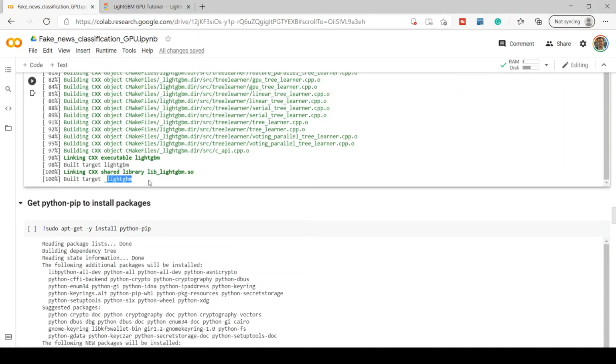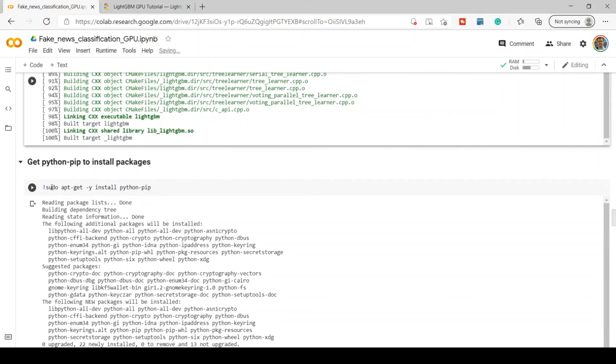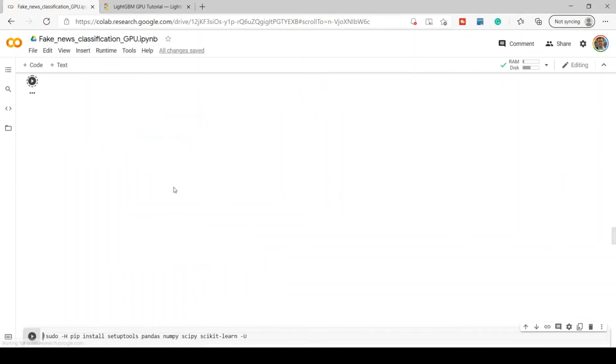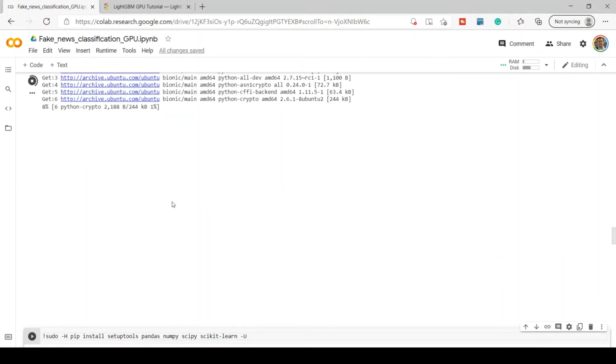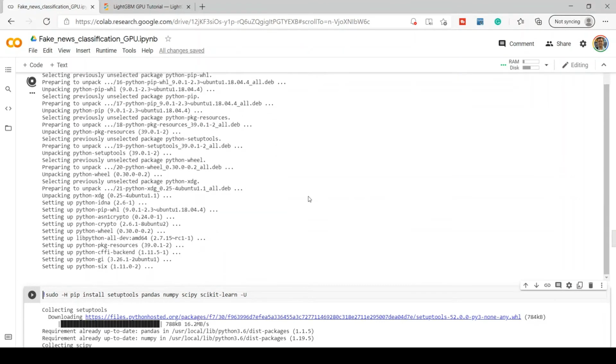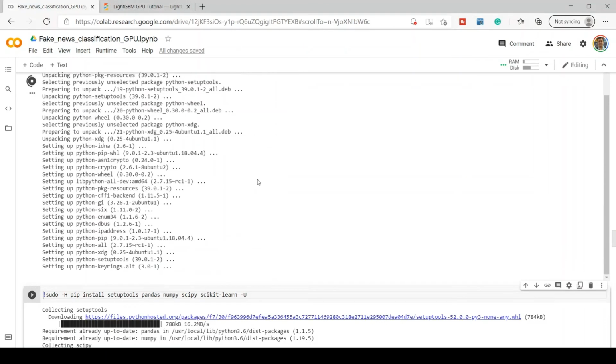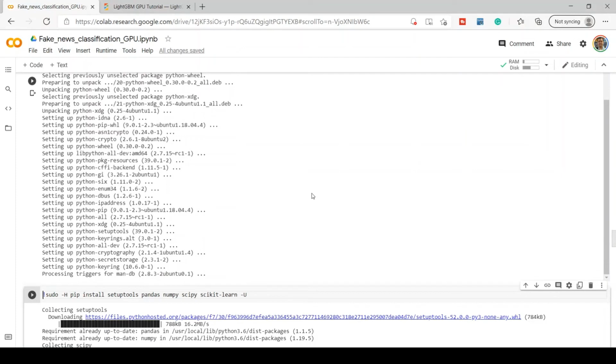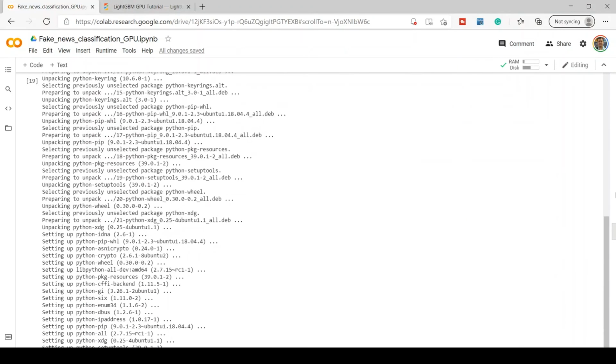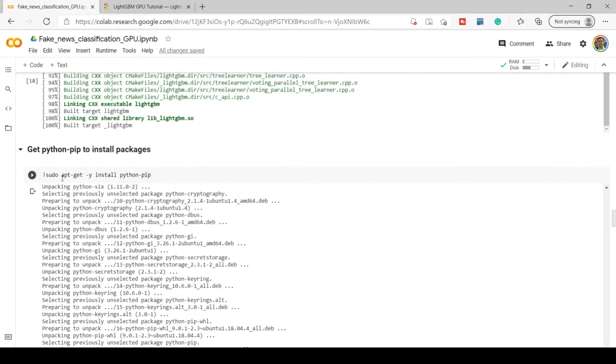Build target LightGBM. In the next set of activities, we will create a Python interface for GPU support. For that purpose, we will run this command so that pip is available in my Google Colab. It may not be required because Google Colab already has all those dependencies available, so you can probably skip this step.